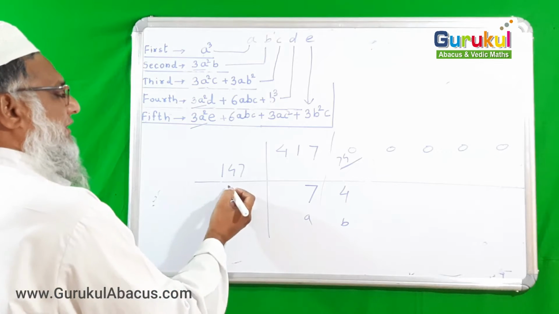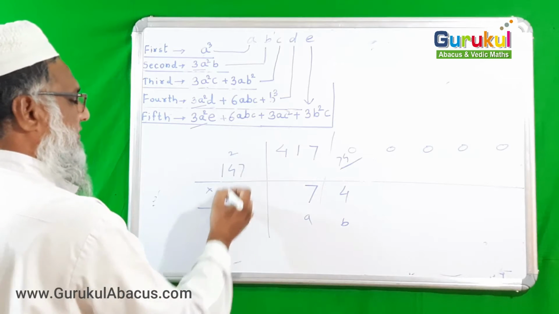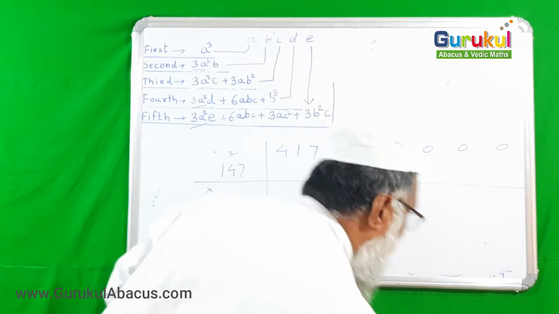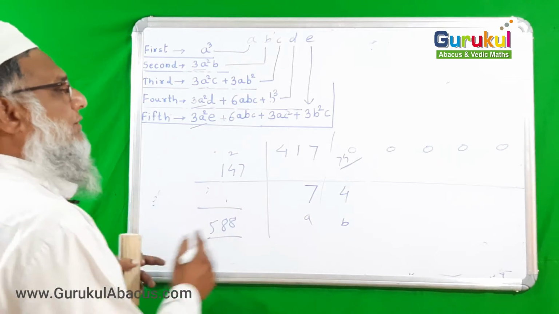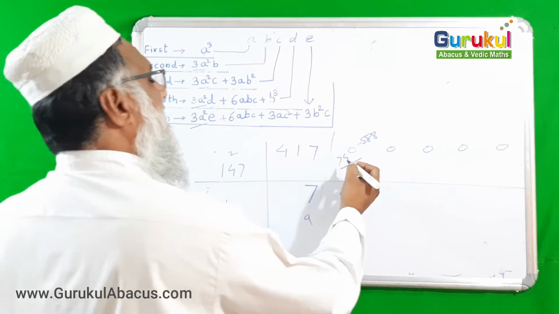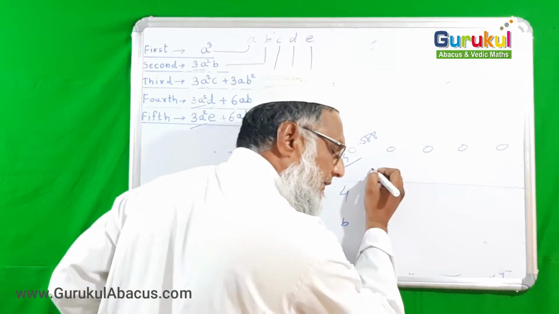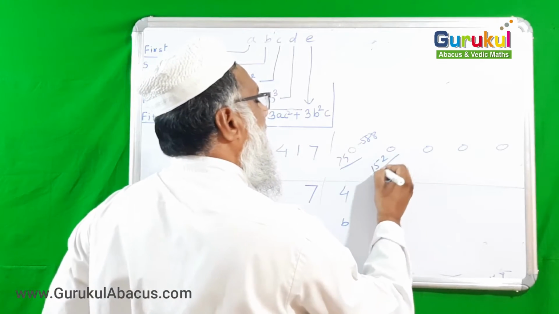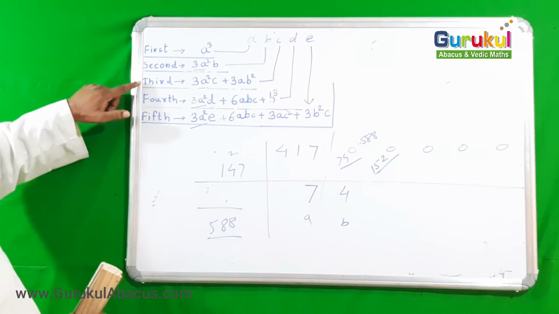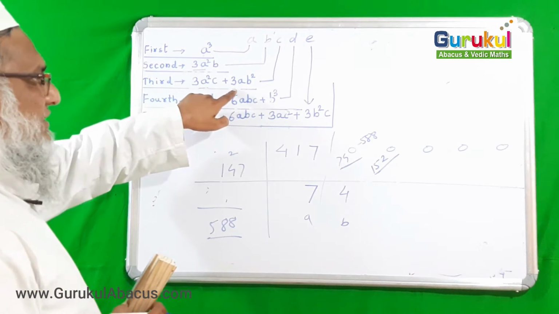Okay, so let us find first what 4 times it is. 588 is the 4 times. So I should subtract 588 from it. So we are getting here 152. So here we have 1520 to find the next term c. From 1520 we have to subtract firstly this much and then do the division.